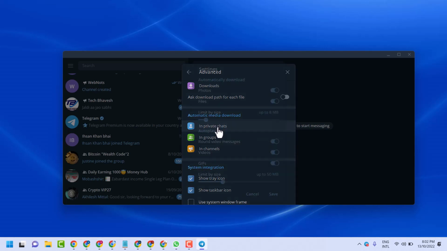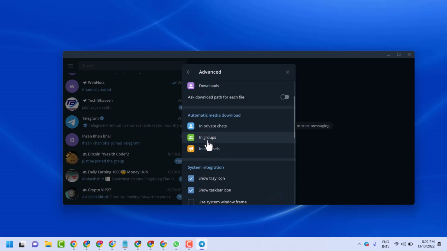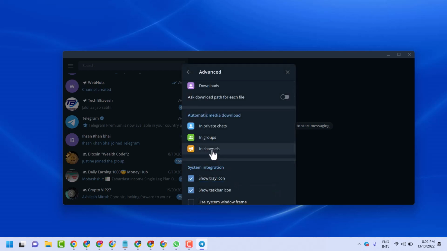Select in private chat. Make it off. So make it off and save it. In groups. Then save it and in channels,